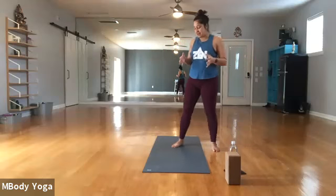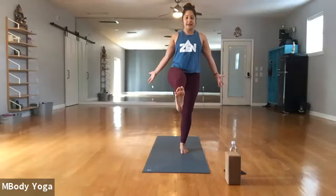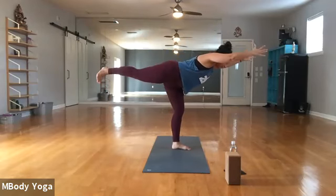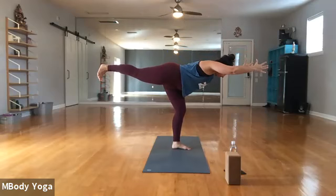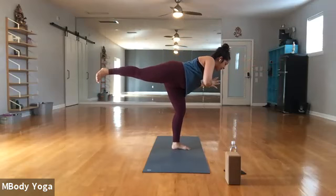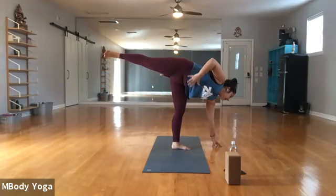Bring it back into the center. And right here, just release your hands from your foot or your leg, wherever it is, and everybody straighten your leg. And then lift up, whether it's 2 inches or 10, lift up. Lift your hands up, airplane. But actually, let's take warrior 3. So keeping your arms straight and your foot straight. Your arms out in front of you and your foot behind you. And you can start to reach here as if you could get into a T, square your hips, square your toes, and then get long, breathe in, pull your hands into your heart center, shoulders fully integrated, half moon, slowly,